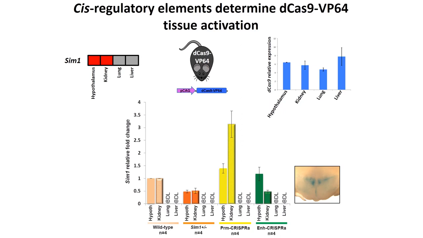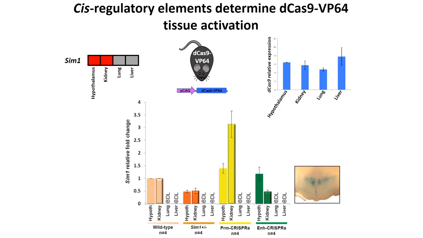And this, we think, is maybe due to open nucleosome regions. Through whole exome data sets where people use CRISPR-A or CRISPR-I, they see that open nucleosome positioning is really important for guides that work versus ones that don't. And it could be that because, for example, the hypothalamus enhancer is only open in the hypothalamus, Cas9 can only bind there and lead to upregulation in this tissue. However, of note, this is really an N of 2,